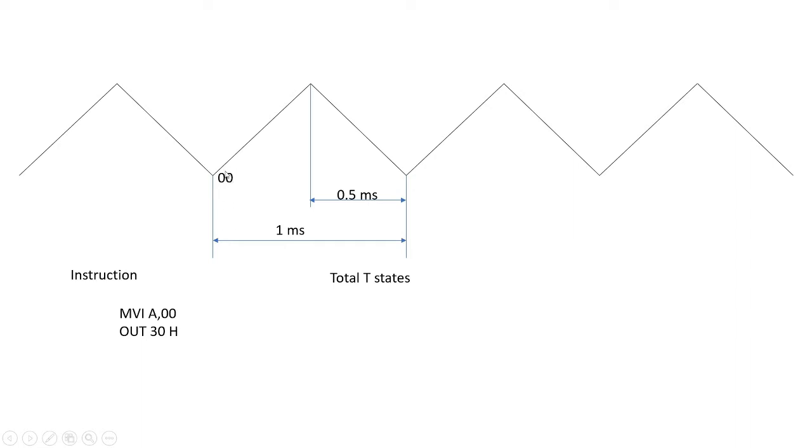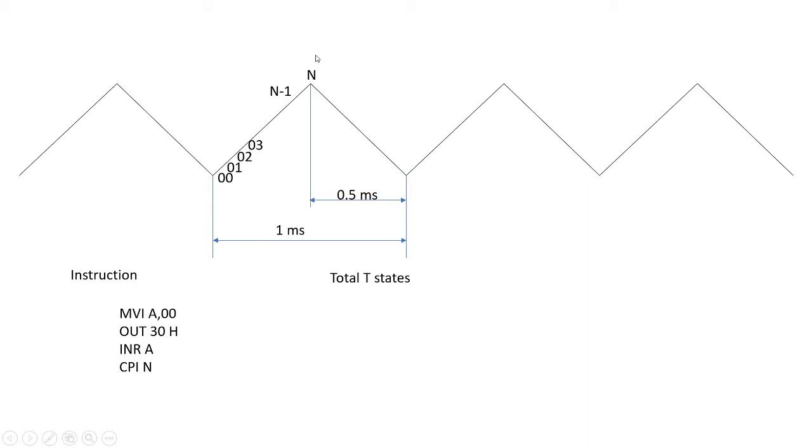Now we need to increment this value to 01, then 02, then 03 and so on, finally n-1, and the maximum value is n. This can be done by means of the instruction INR A. Whenever this instruction is executed, 00 becomes 01. Here we need to check whether this incrementation has reached n or not. For that we can use the compare instruction CPI n. Whenever this instruction is executed, the content of the accumulator is compared with the number n.